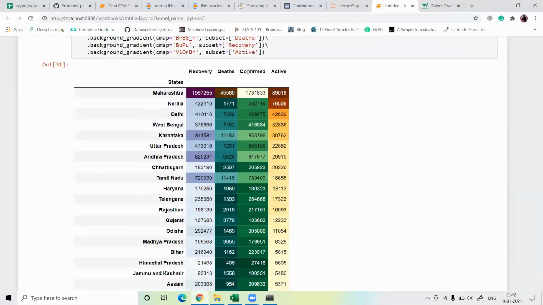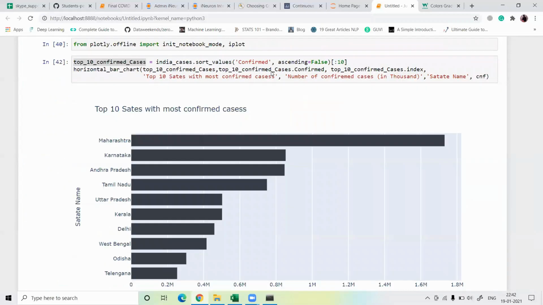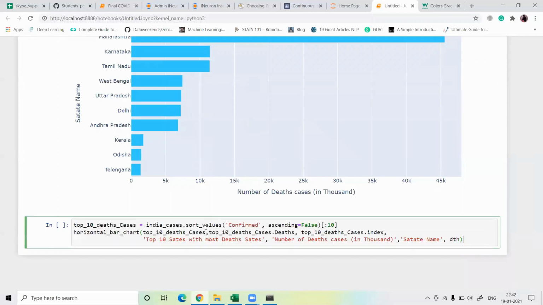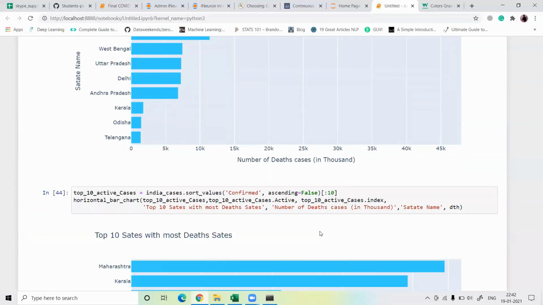First we have printed the confirmed cases and death cases, and now let's print the active cases. For the active cases, just copy this from here and change it to active. Copy this and paste it here, write active and active here, and let's print this cell and see.